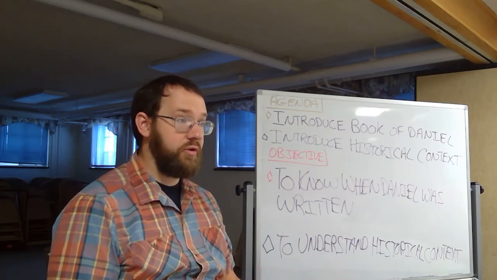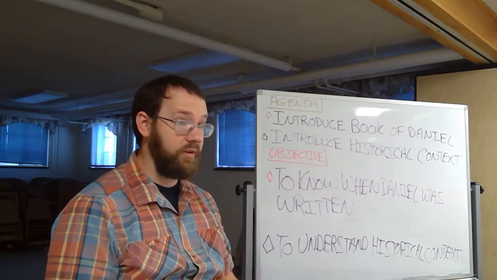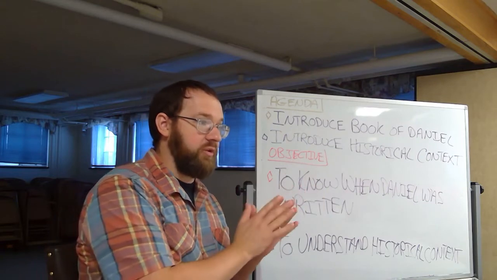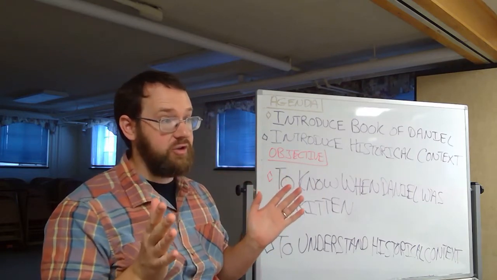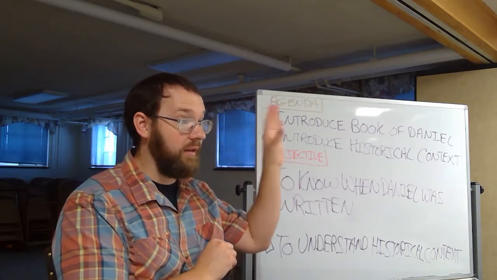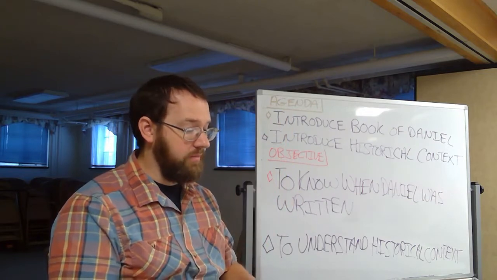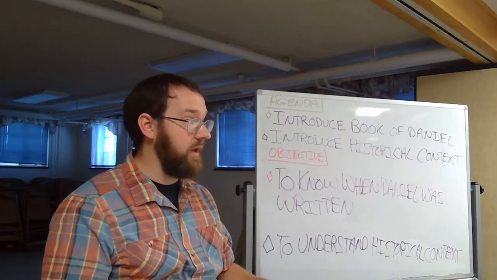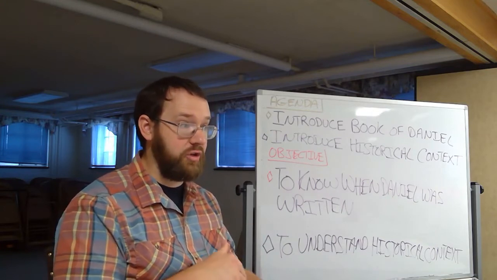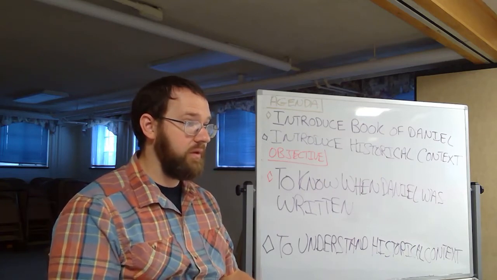If God knows the future, then of course he can give a vision 300 years in advance and have it be perfectly accurate. Right? So the issue with modern day scholarship is actually about a belief in the power of God and knowledge of God. That's the issue. If we believe that God can and knows the future, then we believe that he would be able to give visions hundreds of years in advance and have them be accurate.